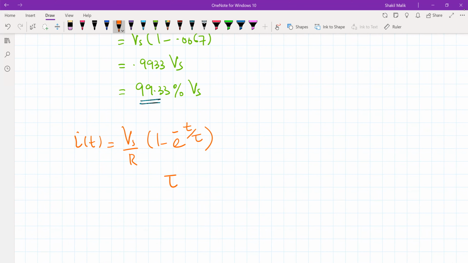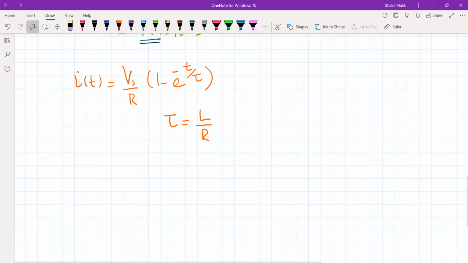And what's tau equal to for the RL network? It's equal to L by R. It has the units of time. So this is referred to as the time constant of the RL network. And if we see the behavior of this current, in other words, if we plot this current,